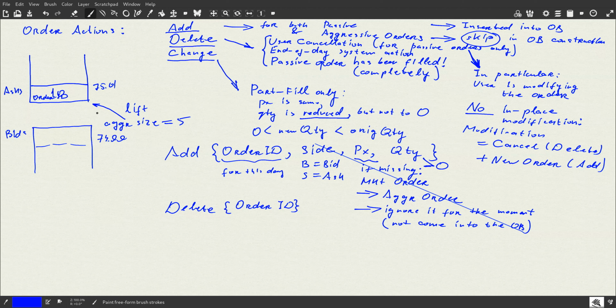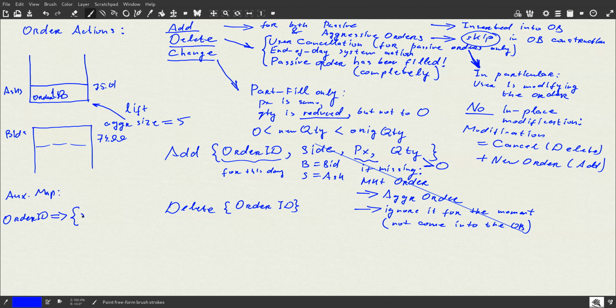And then a delete comes with this order ID. In order to delete it from the order book, you need to find it in the order book first. But you don't know exactly where it is. And that's why you maintain an additional auxiliary map, which maps the order ID. So this is your auxiliary map, which maps your order ID